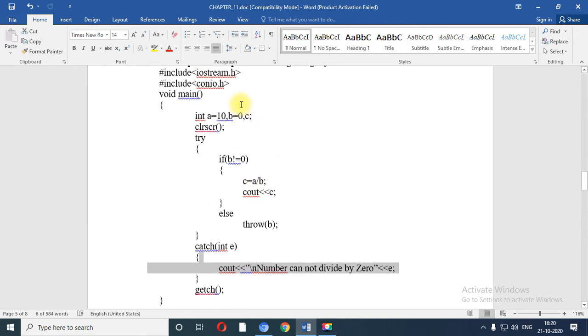When the value of b is 0, at that time it will throw the value of b. So it will catch over here and it will initialize the value of e by the value of b, and the value of b is 0. So it will print number cannot divide by 0, and it will print 0 on the screen.